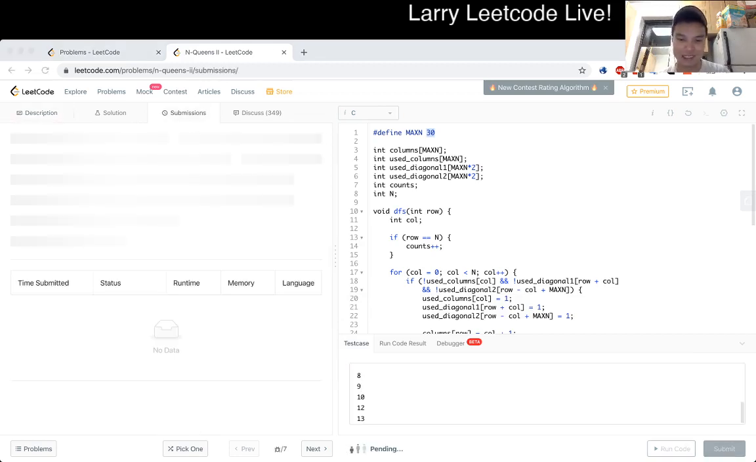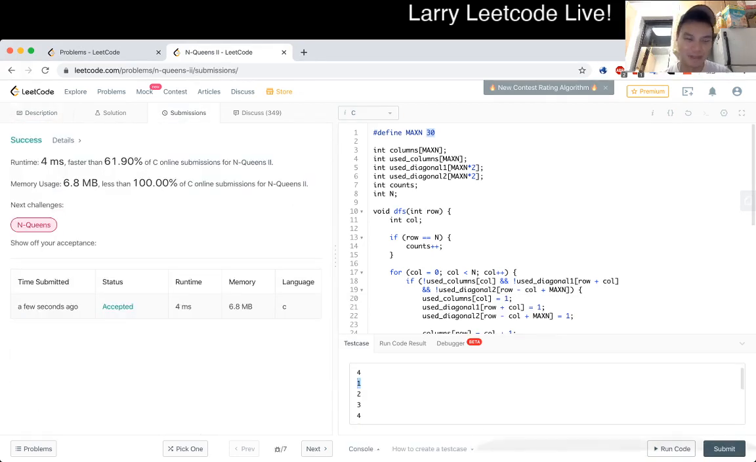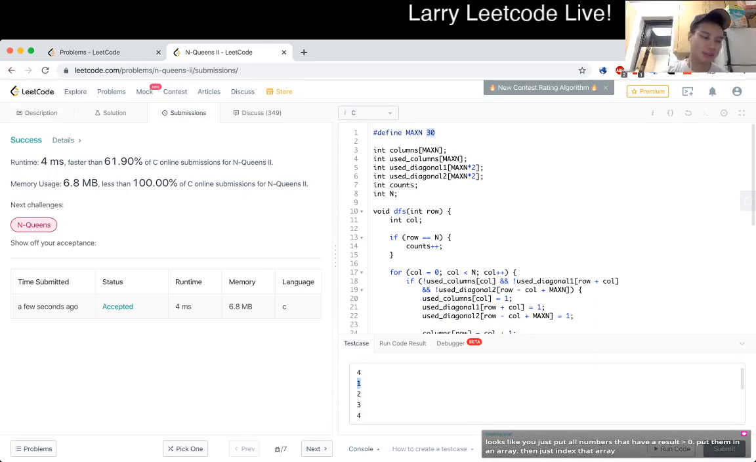I guess I should have tested one case. Oh, I tested one case. Is there a 0 case? Maybe I should have tested 0 case. But yeah, cool. What is there to say about it? I think some of this is,